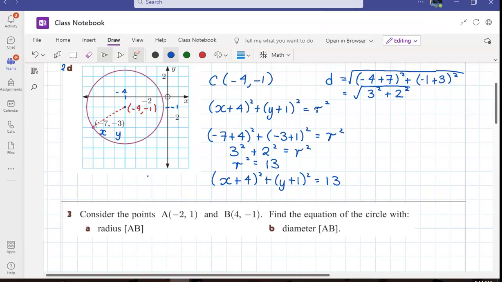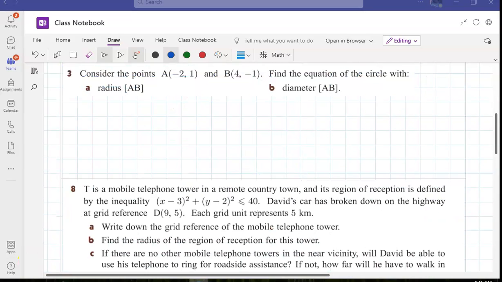Okay. Who can help us out with question 3, those who did it? So I'll just pause a moment. The other question that they've had